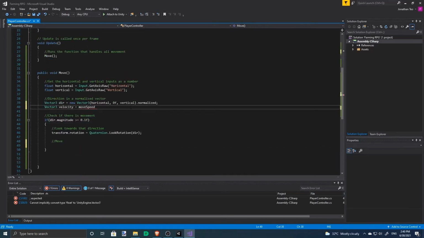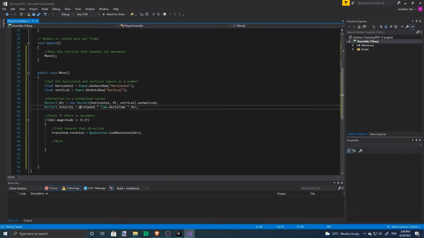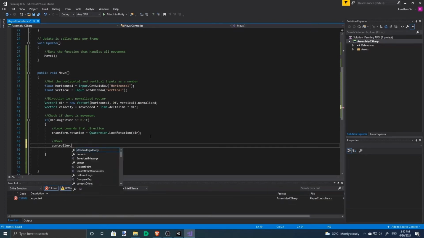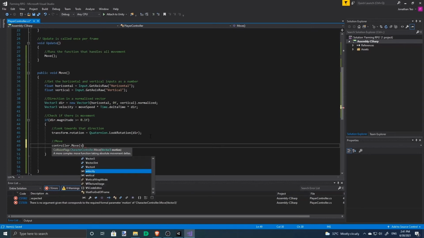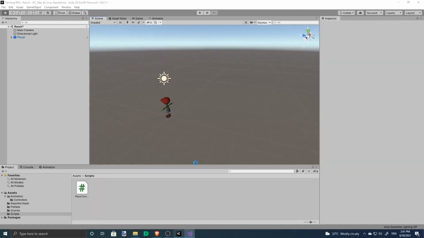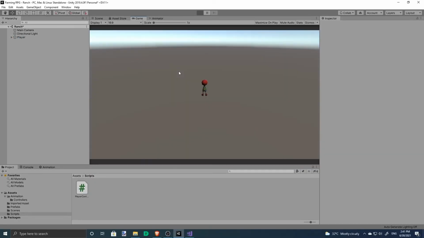Let's calculate velocity: compute the move speed, direction, with time. And now we'll let the controller do its magic. Simply the move command, and then we'll set in the velocity, and voila, it should work. Our character now moves,